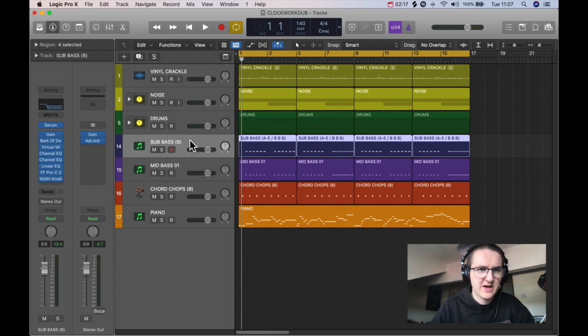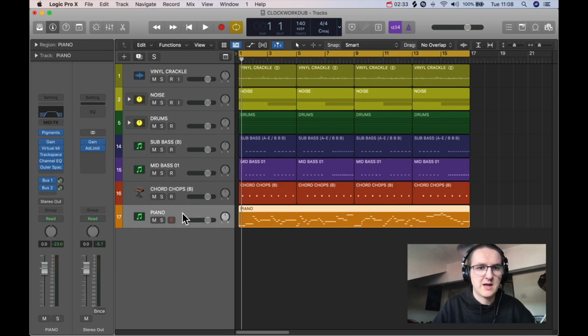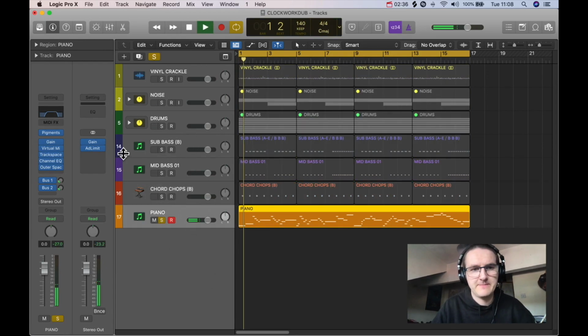So the first thing to think about, EQ, is probably the most essential thing and your best friend when it comes to mixing. You have to understand that every sound in your mix has its own individual space in the frequency spectrum. So if I just take this piano, for example,